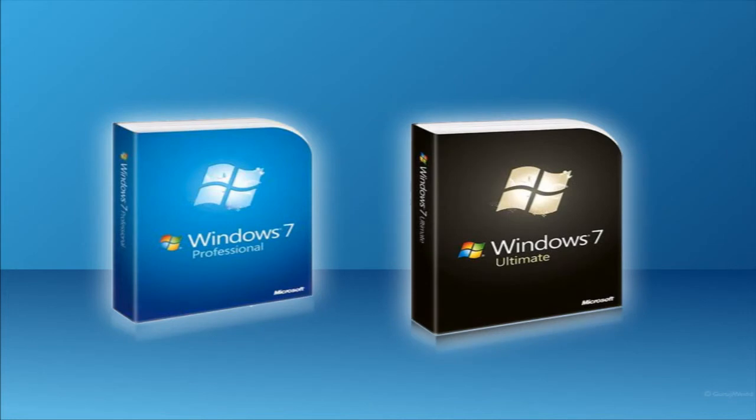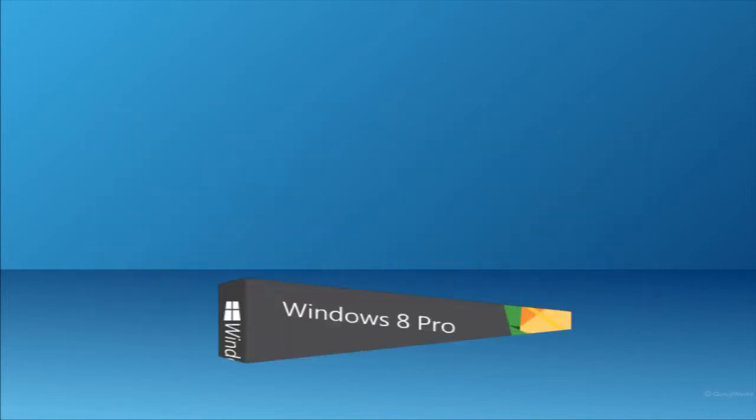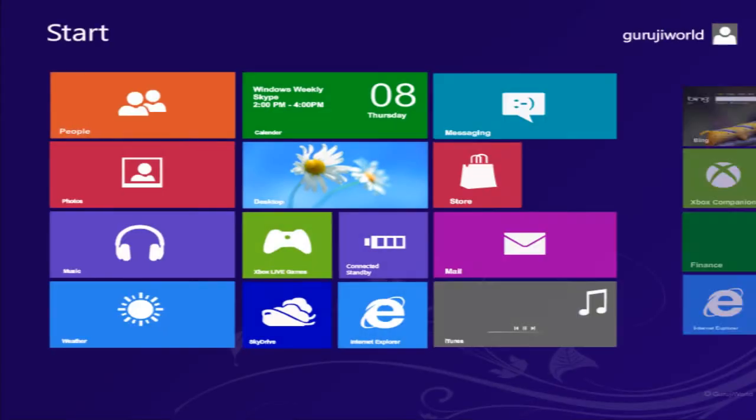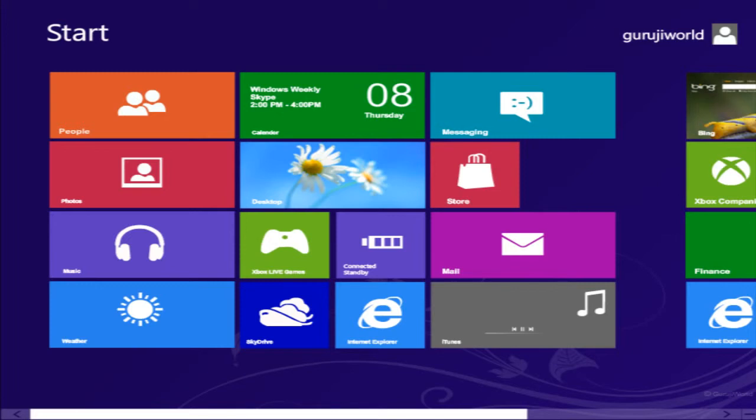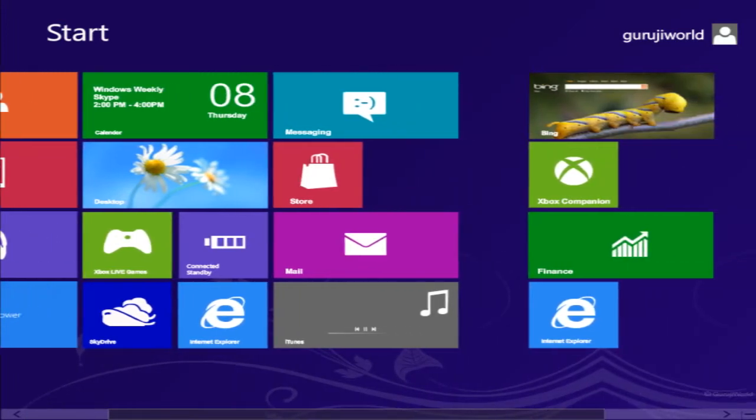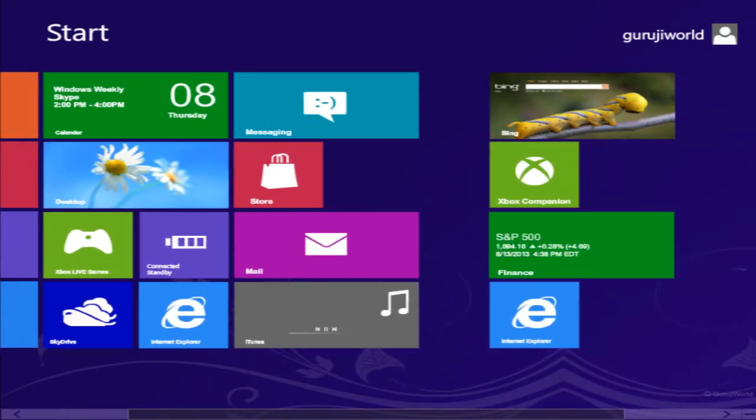Windows 8 Professional. This edition of Windows is at par with Windows 7 Professional and Ultimate. It is primarily targeted towards computer enthusiasts and business users. Besides all the features of Windows 8, it also consists of additional features such as an ability to receive remote